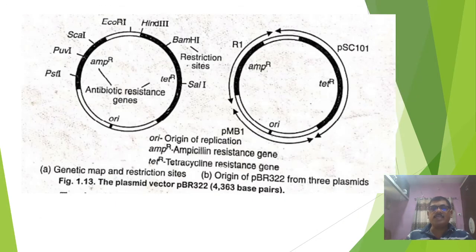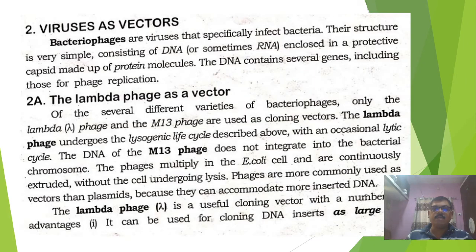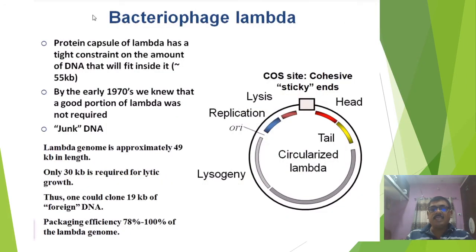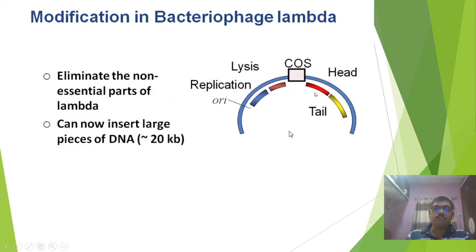So these bacteriophages are utilized as a vector molecule, and specifically the cos site is a packaging site in the bacteriophage, so that these bacteriophages can be utilized as vector molecules. We have to eliminate the non-essential part of lambda, and can then insert DNA up to 20 kb, or maybe up to 25 kb. It is important that it has the packaging site, the cos site.